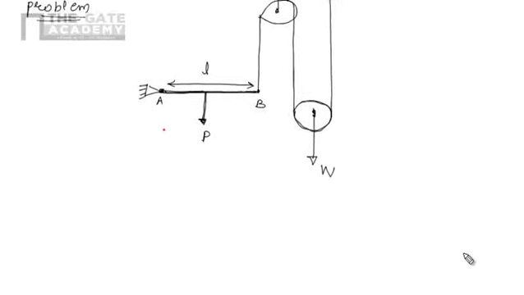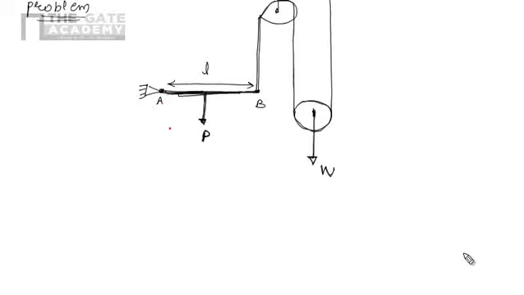I will just again repeat the problem. There is a beam AB. A is supported by a hinge joint. B is attached with the string which is connected with these two pulleys, and here we are applying the load W, and here we are applying the load P. Now we have to find out the point of application of P from A such that the whole system